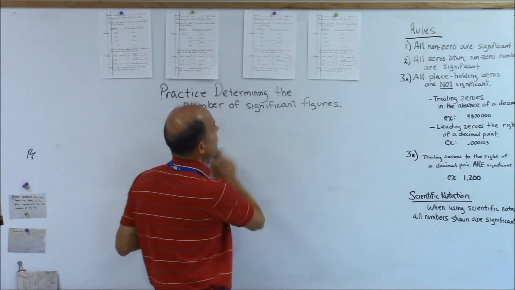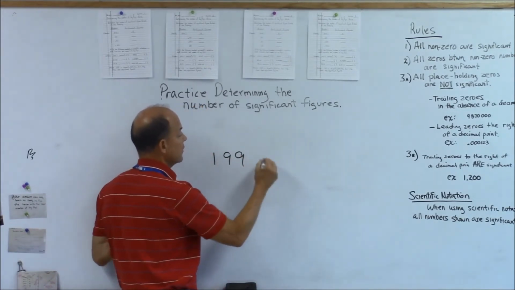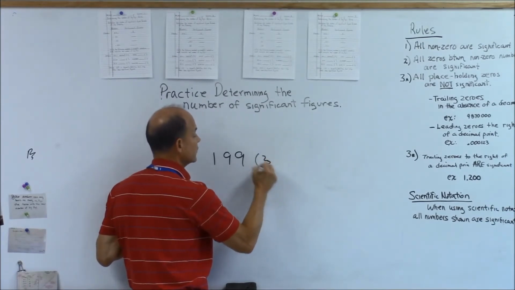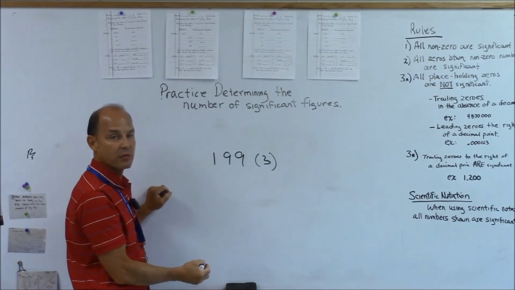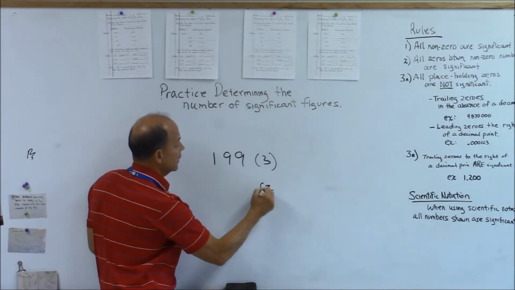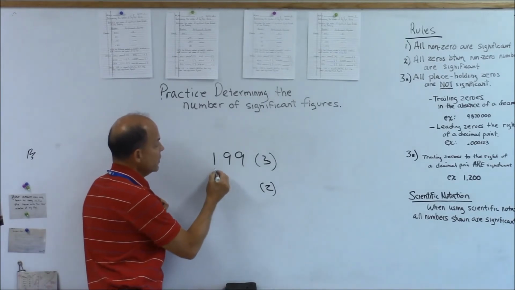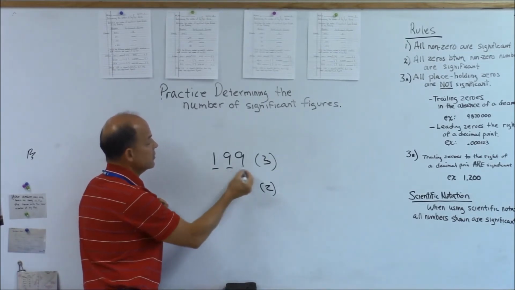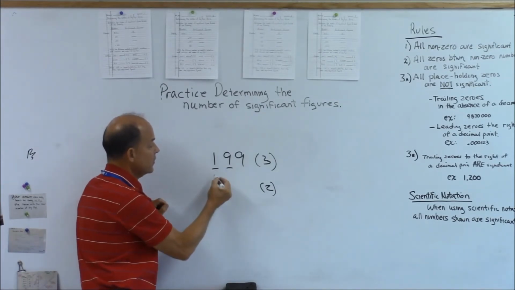All right, and the last one, we're going to write 199 that has 3 sig figs in standard notation, and we're going to write it in scientific notation with 2 sig figs. So this one, I know that I need 2 sig figs. I'm going to look to the right and see if it rounds up or rounds down. This actually rounds up